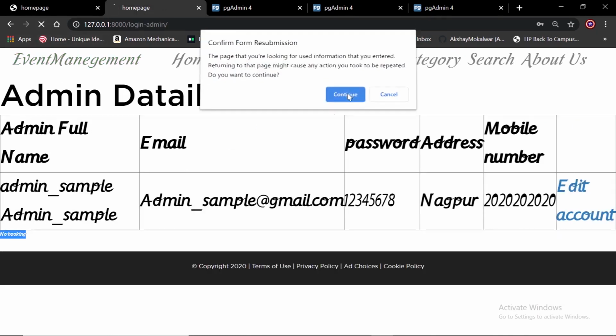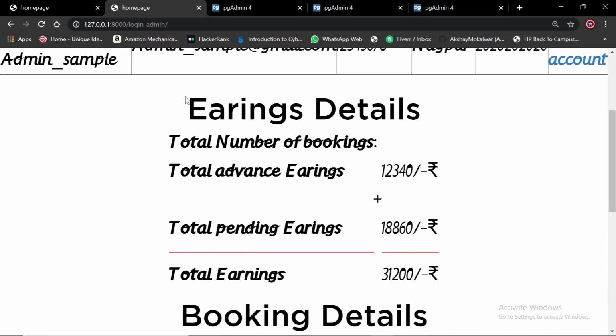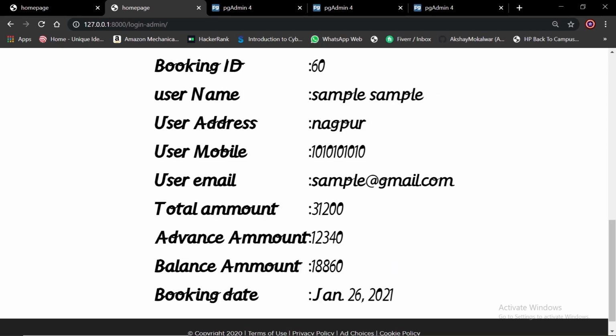Let's refresh this page. Admin details. This is the earning. The total earning can be displayed here, and this is the total advance amount paid. This is the pending amount, and this is the total amount earned.